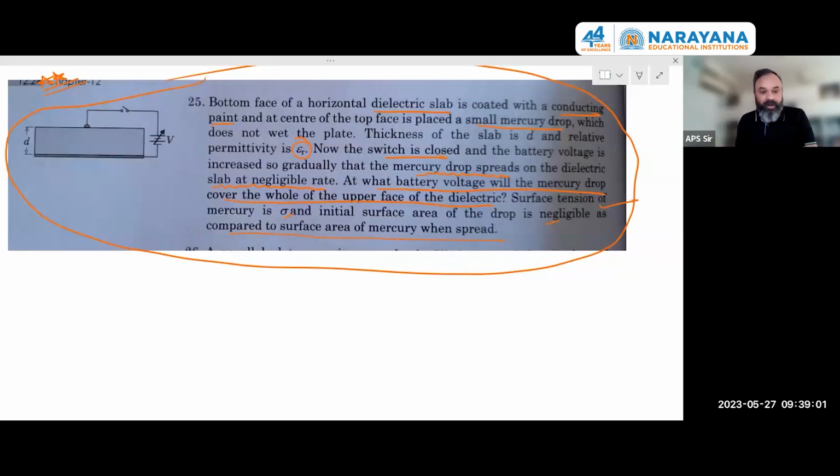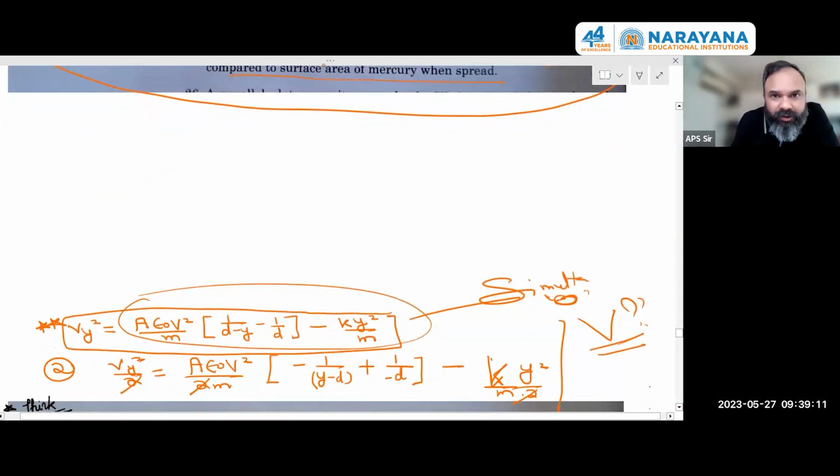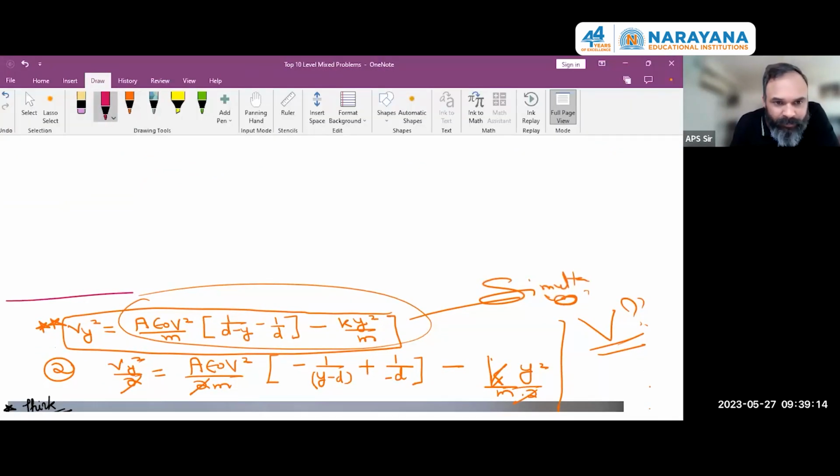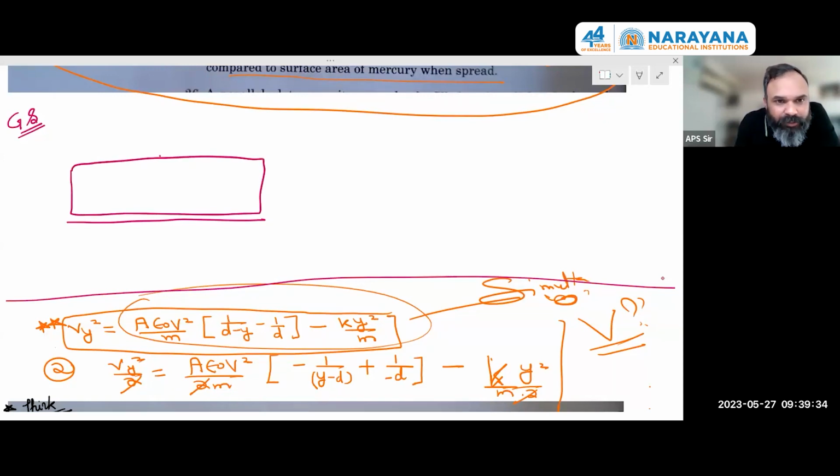Interesting. Now let me try to observe this problem at a general situation. So I'll try to write the solution here. Let me understand what exactly is happening at a general state. This is my lower plate, because you have said that you have painted the dielectric with a metallic paint. So I have a metal plate here. I have my dielectric here. And at a general state t equal to t, this mercury drop, which is acting like a conductor,